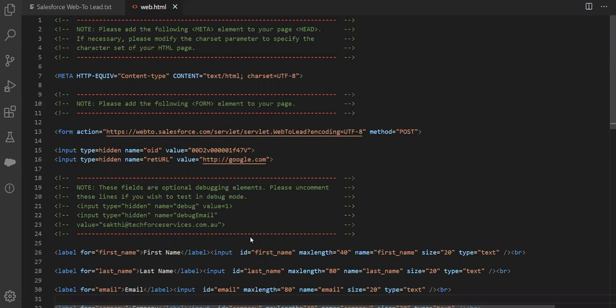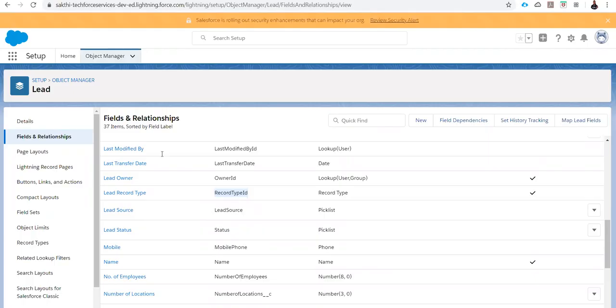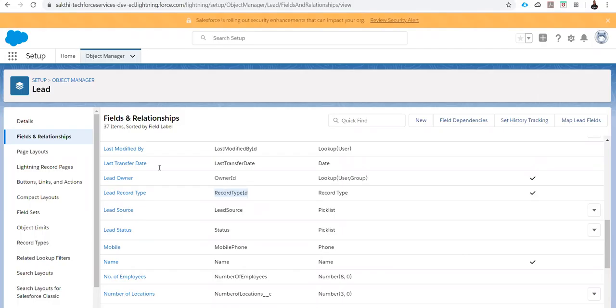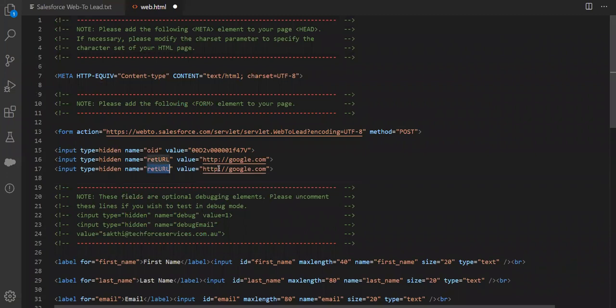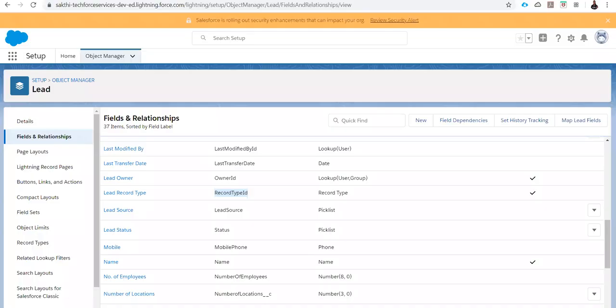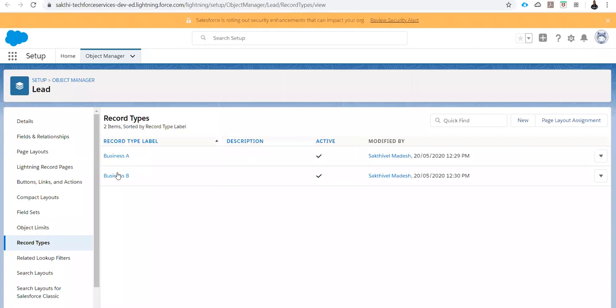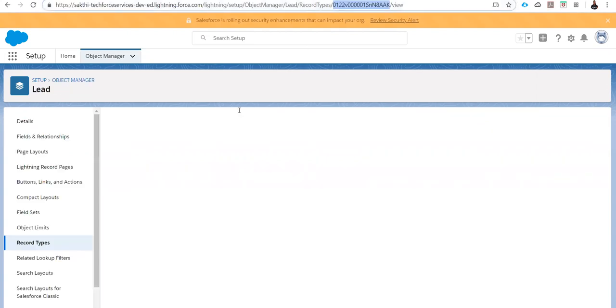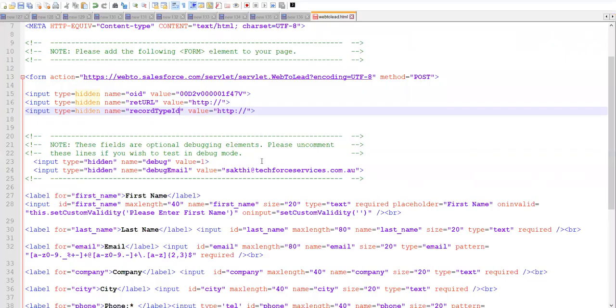Sorry, I added it somewhere else. Let me add record type ID as the name. Here I am passing the 15-digit record type ID. For that, you need to go to the record type and pick which record type you want to pass. So I am selecting this business B record type ID, and just copy and paste it in the value section.